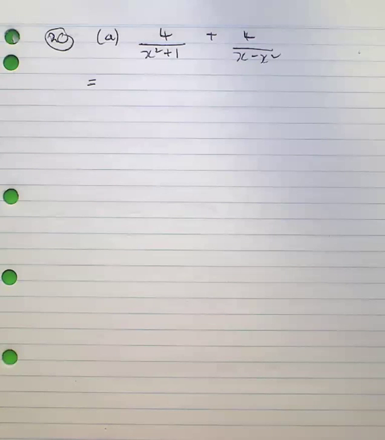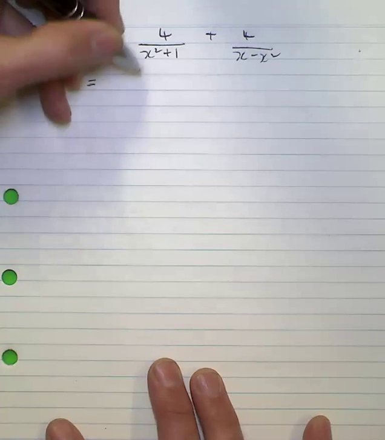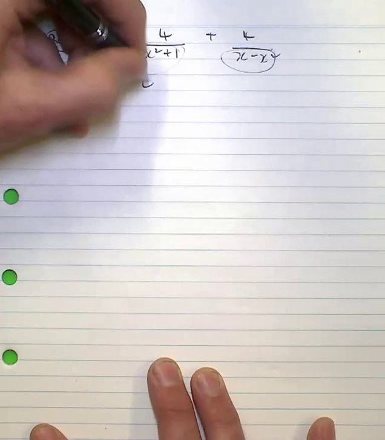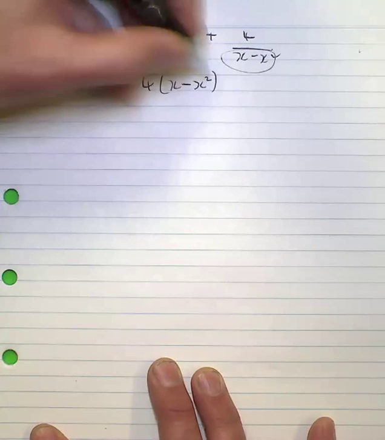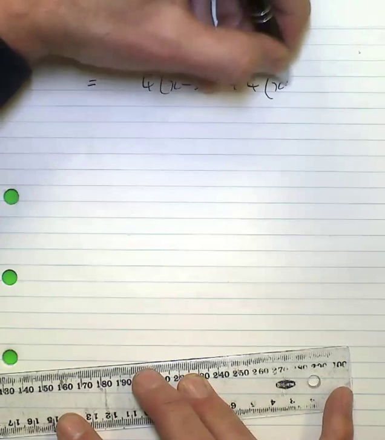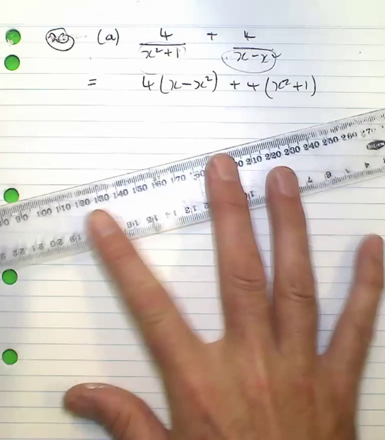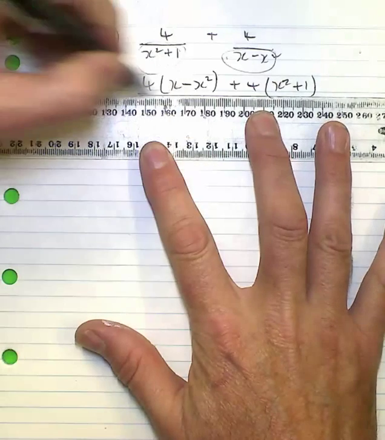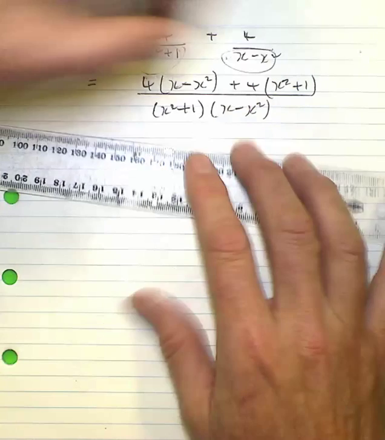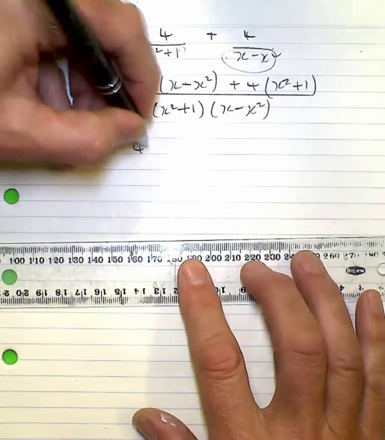In question 20, you're asked to simplify some algebraic fraction expressions. Now, in this first instance, there isn't anything common to both, so we're going to have to make the lowest common denominator the multiplication of those two. And plus 4 lots of x squared plus 1. On the numerator,